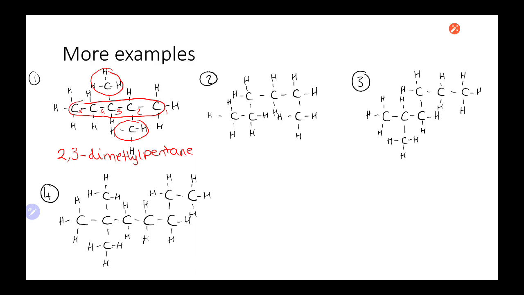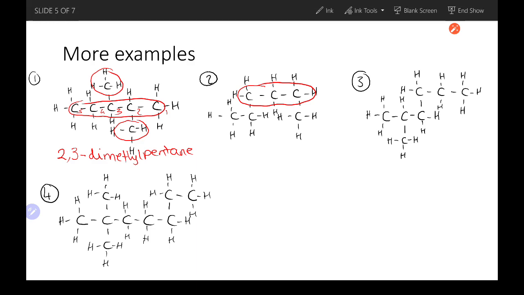So number 2 is a wee bit trickier. People get caught out with this all the time, and that's why I've put it in there, just so that you can see how you can actually get trapped up with this. So looking for your longest chain first, you might think, right, okay, so we've got 3 carbons in a row here, that's your longest chain, and then we've got an ethyl group and a methyl group. That's actually not the case, right? So for this one, if I just take that away,